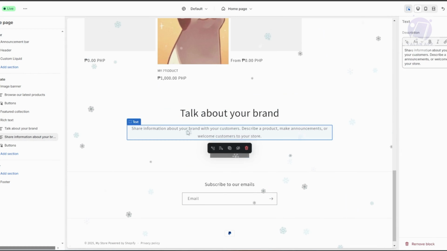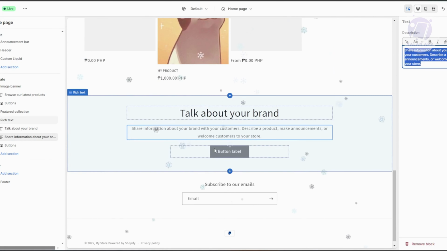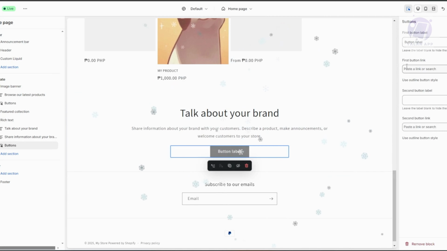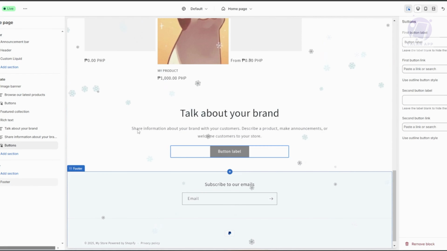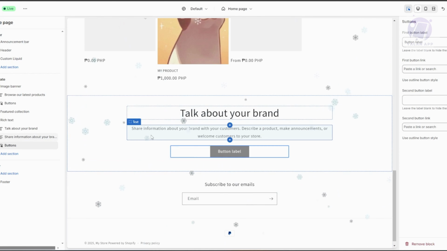But if you click on that specific element, as you can see right now, we have our text element. At the right side, you have the option to change a few things. But if you click on this button here, you have other things that we can edit here. So depending on what element you click here, you have the option to change a few things. But again, these elements here are already optimized, so you don't have to worry about it being responsive to certain